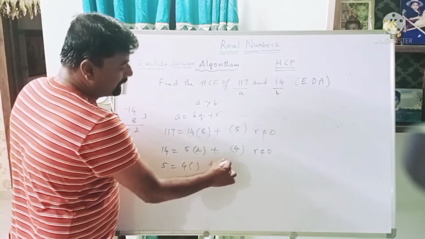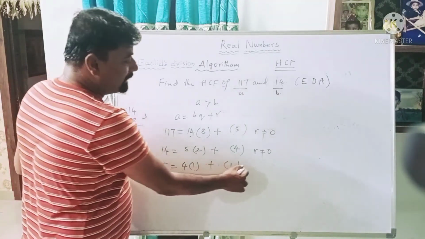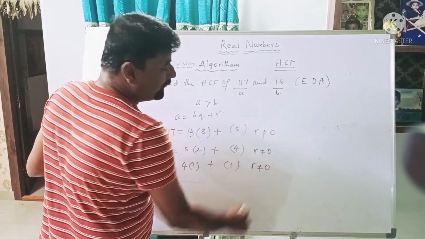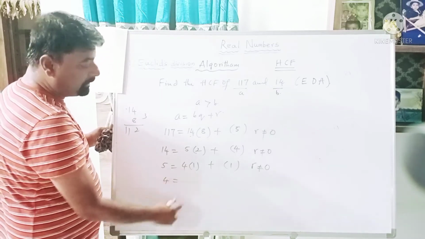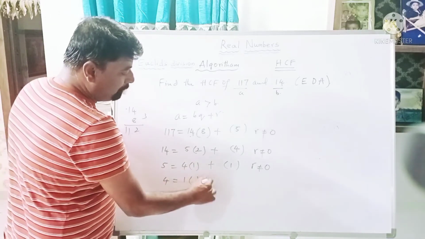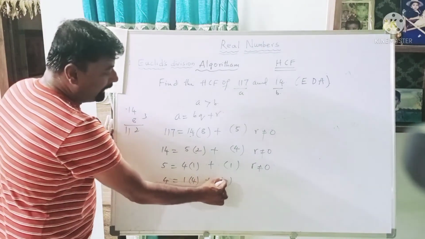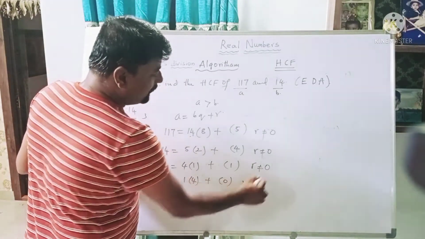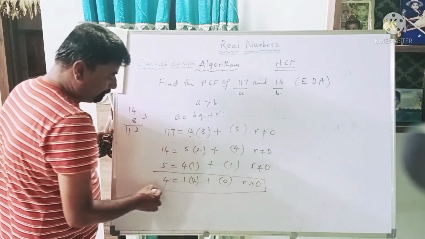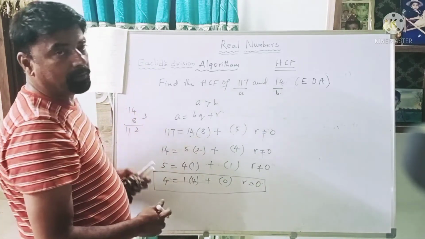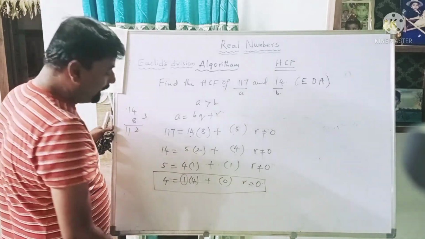4 into something plus something. Now tell me beta, 4 1s are 4. The remainder is 0 by 1. Here also R is not equal to 0. Then you take 4 as 4 is equal to 1 into something plus something beta. So with 1 table it will go by 4 table, the remainder is 0. Here remainder R is equal to 0. So in this particular step, we are getting R is equal to 0 beta. So therefore this is the value of B.